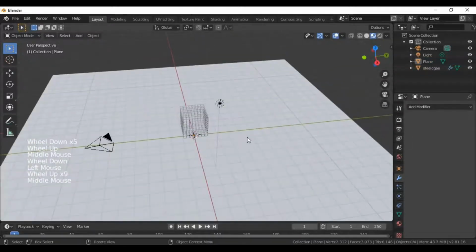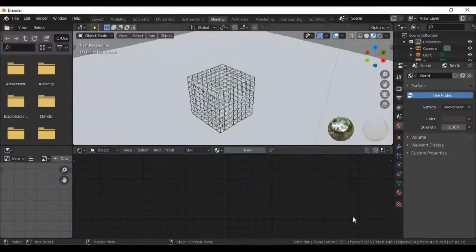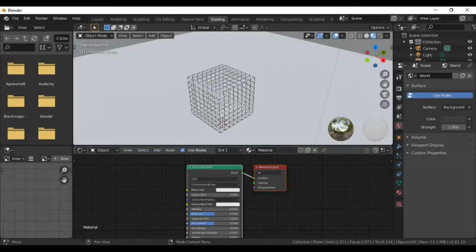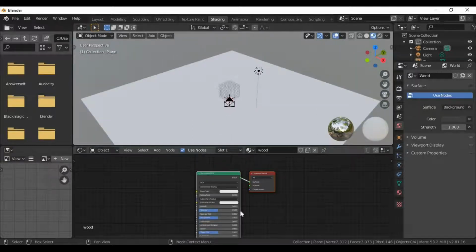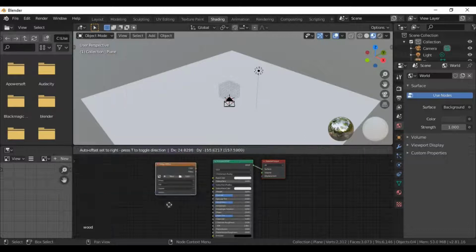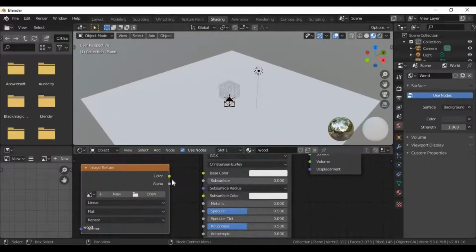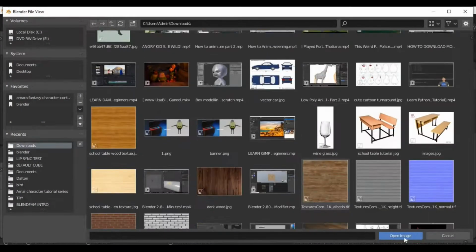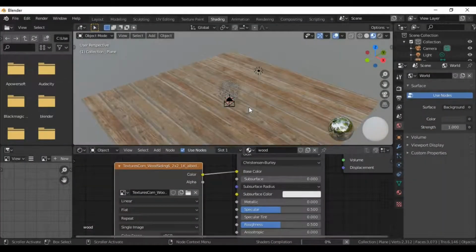a wood texture. So go to your settings tab and then click on new and add a new material, and there you go. We have the PBR node again, and rename your wooden ground material to something like wood. Shift A and add a texture. Add an image texture and drop it down there, and connect the color to the base color, and then open up an image texture,